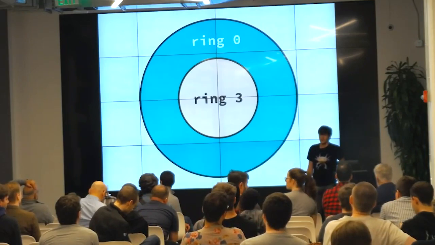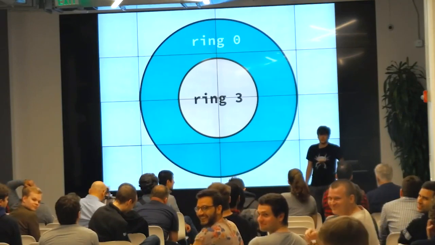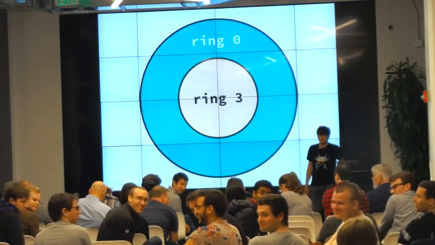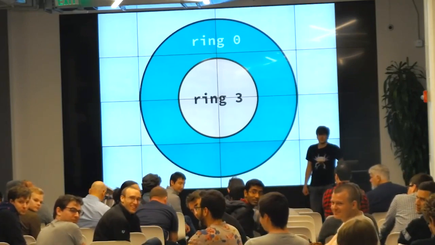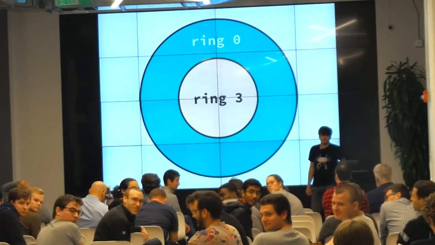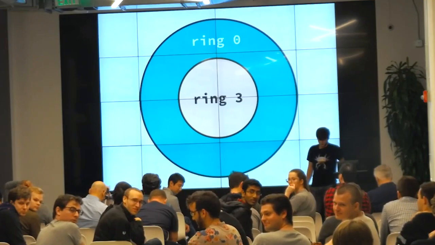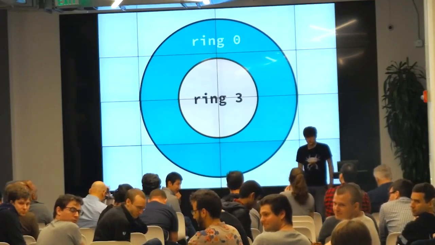Do you want to explain real briefly what WASI is? So WASI is an API based on the capabilities model that you just mentioned. It's a standardized API that can be implemented in a variety of different systems with different engines, and it would be an interface for accessing I/O, networking, file access, that kind of stuff.